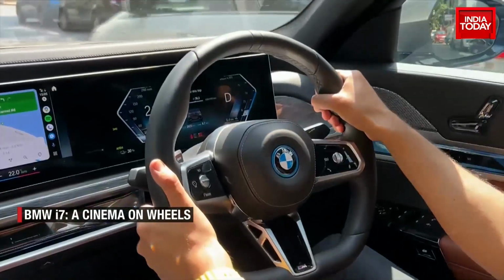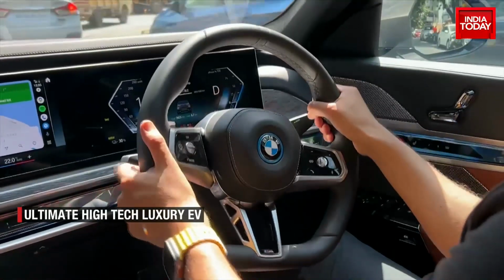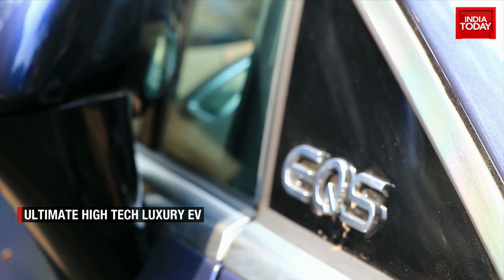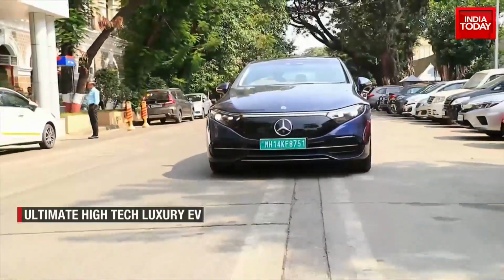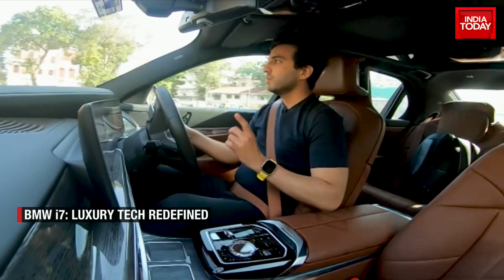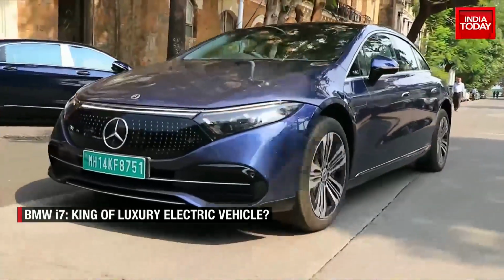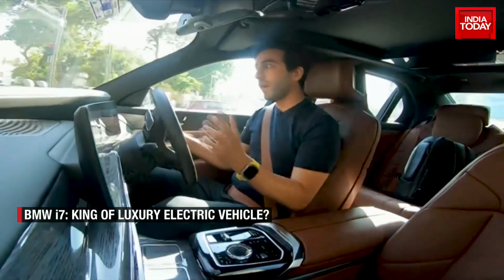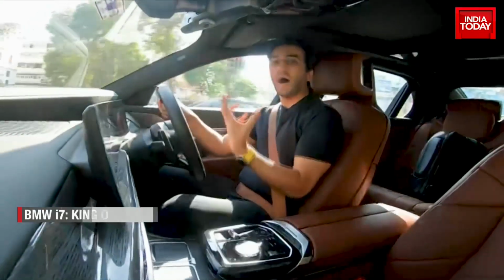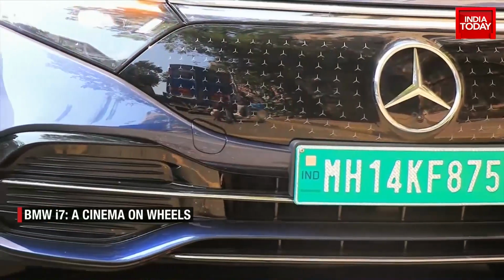Fun fact about the i7, yes, it is much heavier than a lot of other EVs, but if you're comparing it to the EQS, one of the best EVs we have had on Tech Today, then there is a small difference, which is that the EQS, as amazing as it was, something that really worked for it was range. Range-wise, yes, this is nearly half as potent or capable as the EQS, at least in its current avatar, but